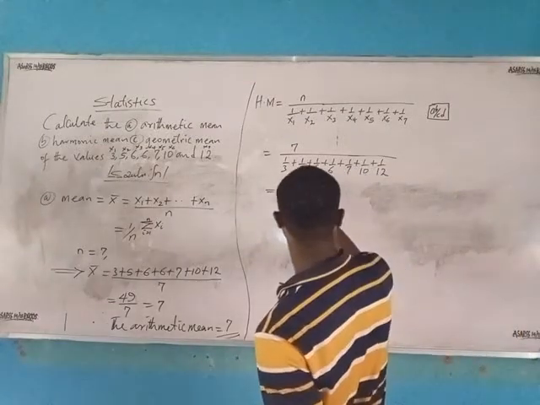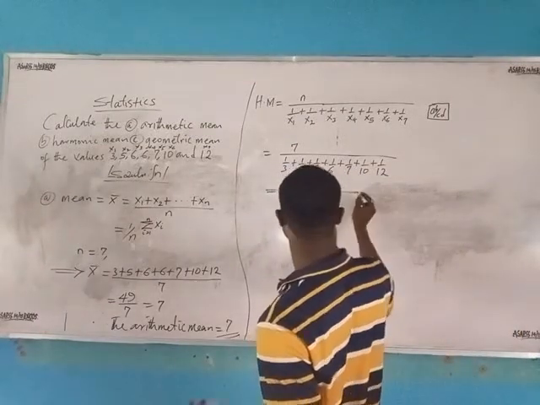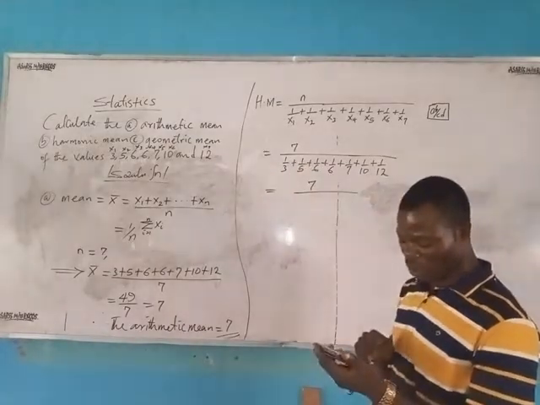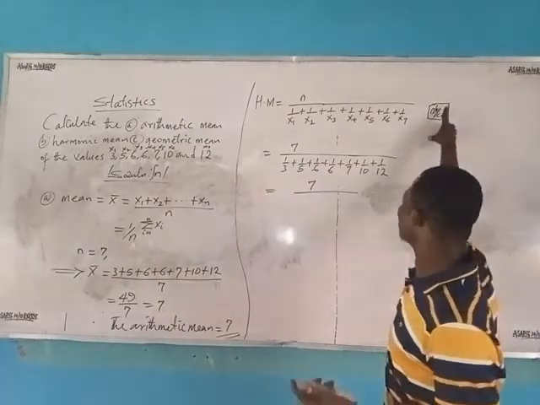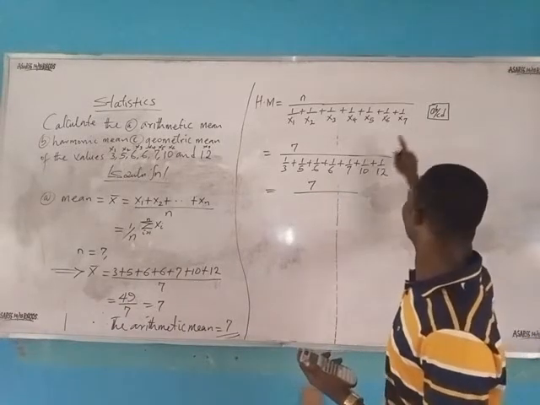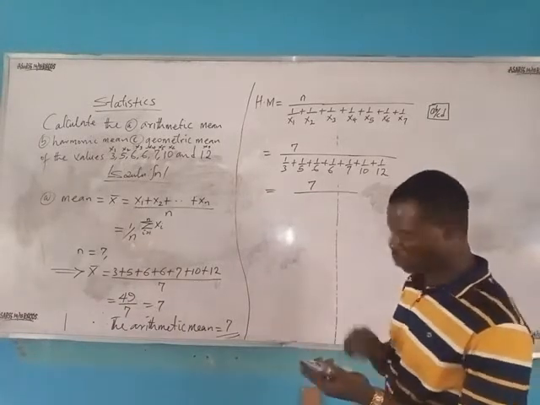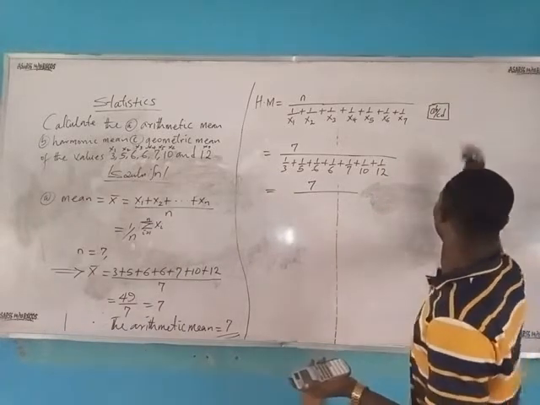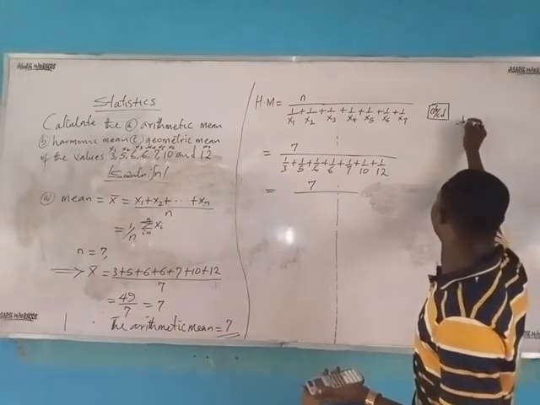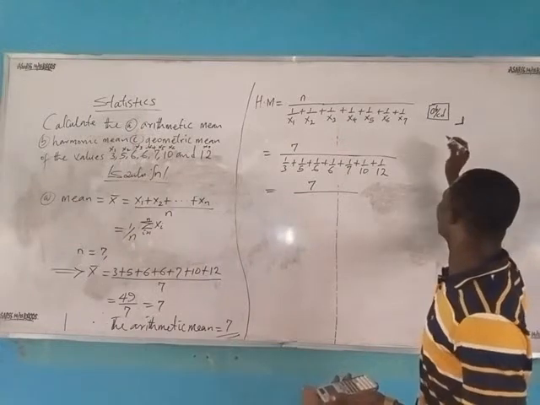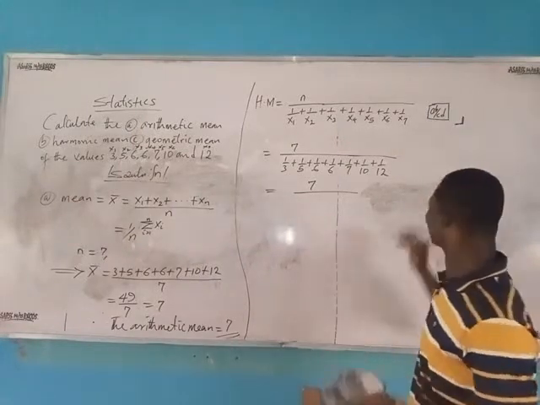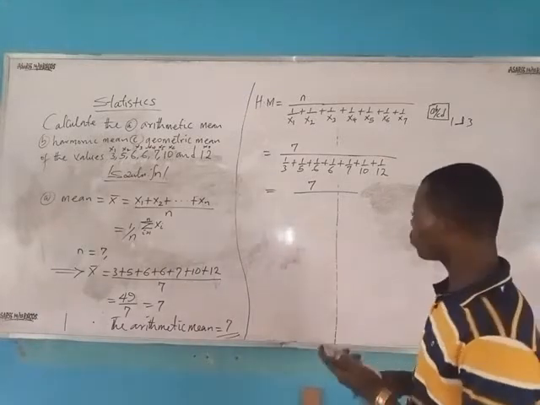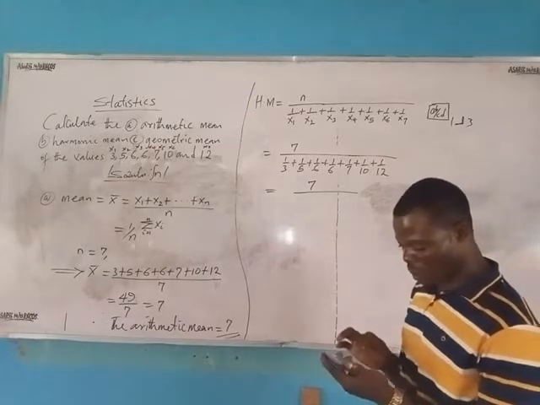The 7 will remain first, 7 all over, then 1 over 3, so you press 1, then you press this fraction key to give you the over, so 1 over 3,